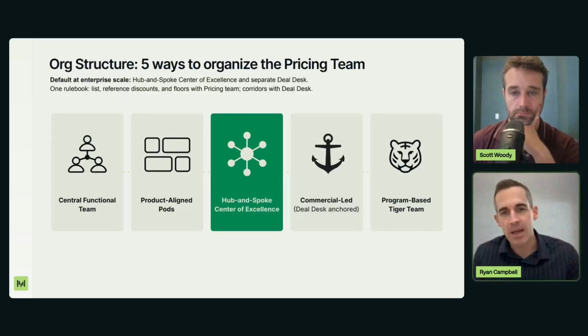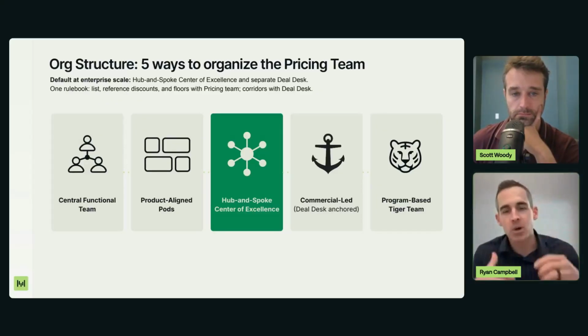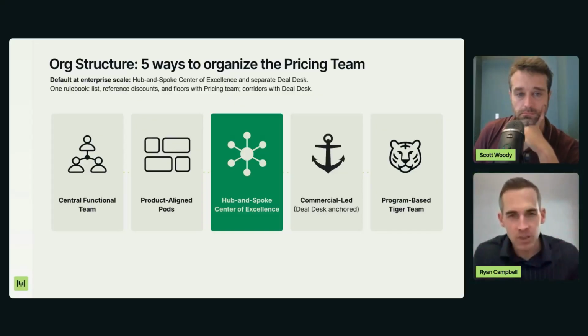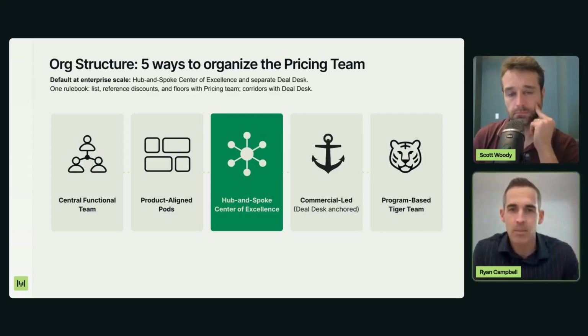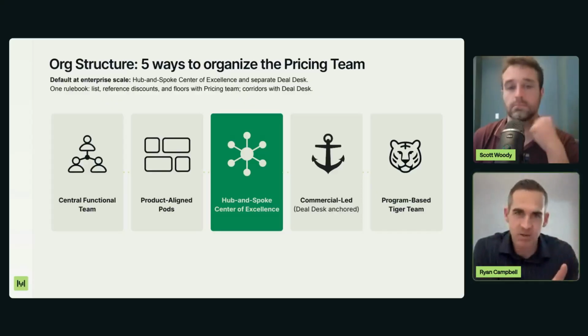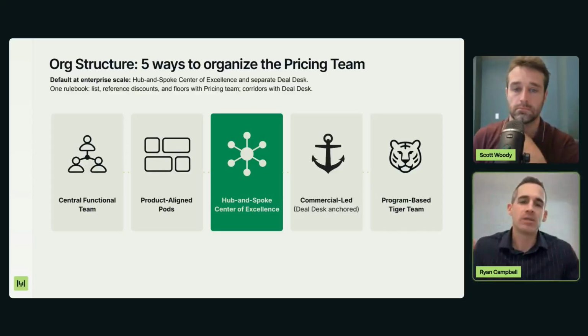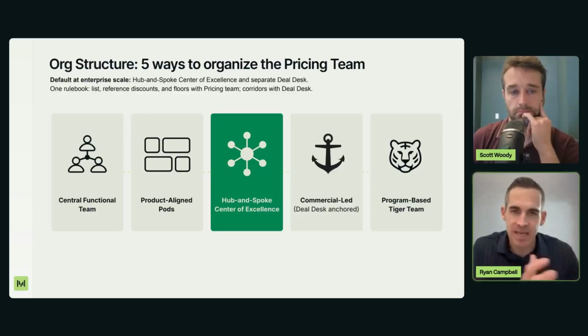And so the way we think about it is we specialize by our main product verticals, but our job is to instill what the pricing principles are, what the pricing process is, how you go through a PRD and think about pricing early on, so that we can put out what good looks like and act as that center of excellence. But we don't always need to be in every single conversation across the entire company because we just can't scale to do that given our size.